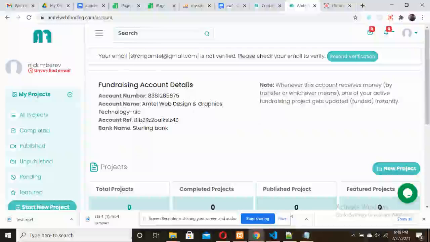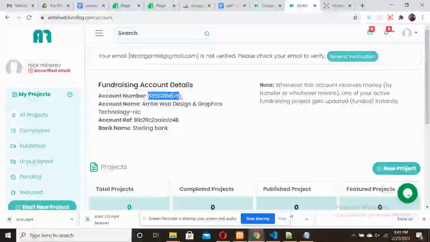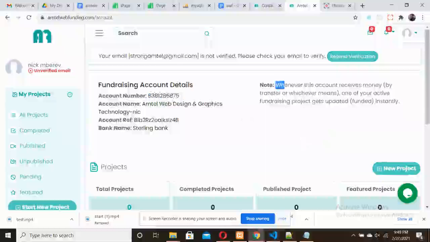So here, right in front of you, you see a fundraising account detail. This account was created during the registration process. Most people who would not like to use their credit cards online will be able to send the money to this account by transfer, mobile transfer, or any other means other than online card transaction. And the amount they pay will be added to your campaign or your project that is running on this platform automatically. So this is the note. Whenever this account receives money by transfer or whatever means, one of your active fundraising projects gets updated or funded